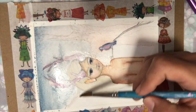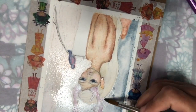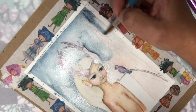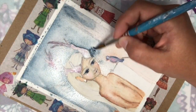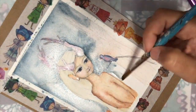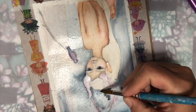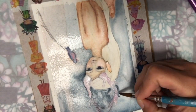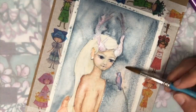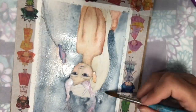It's only a 5x7, and it's not like I'm wasting a ton of supplies or time. I really do enjoy working on this size, and I don't mind doing the watercolors. It's not real messy. There's not much that gets wasted. So I think in the future I'm just going to stick with these little 5x7s, and then if I like